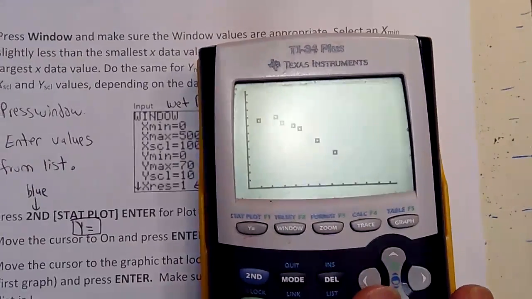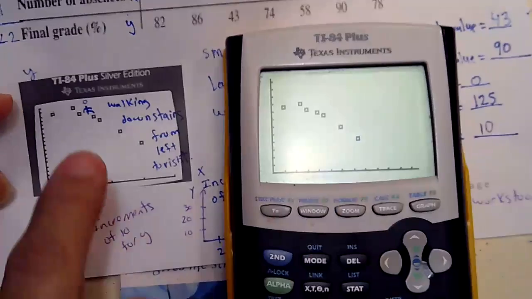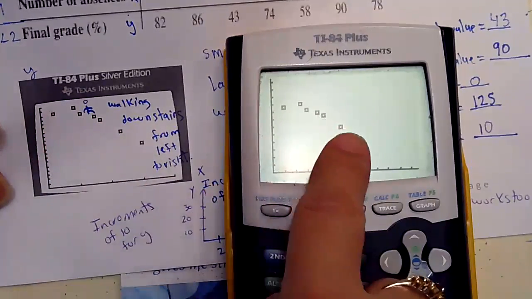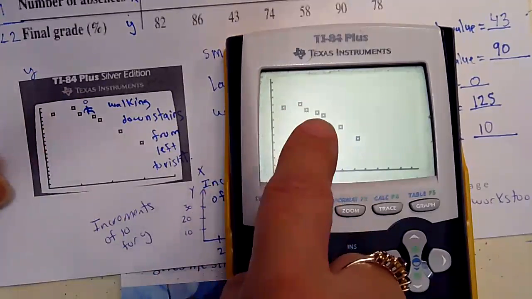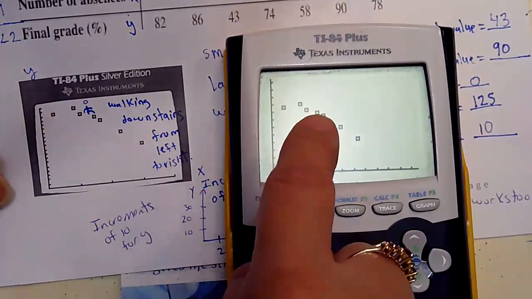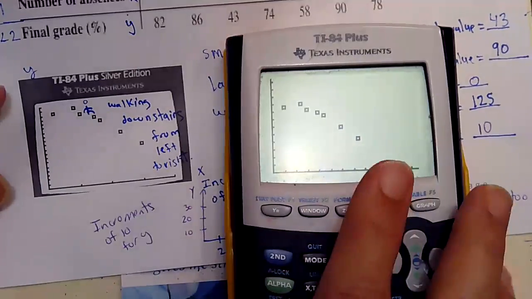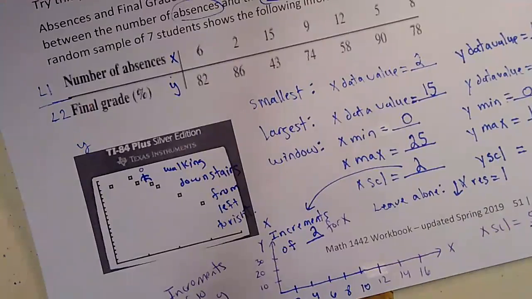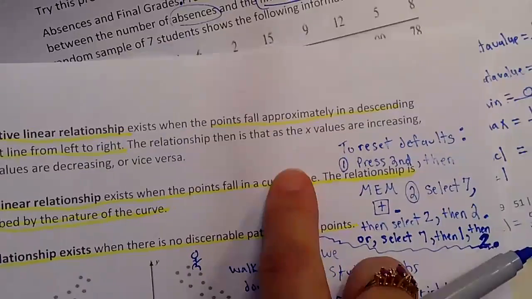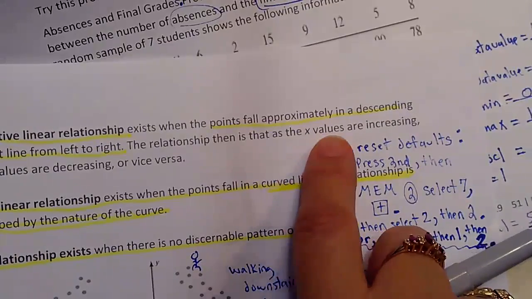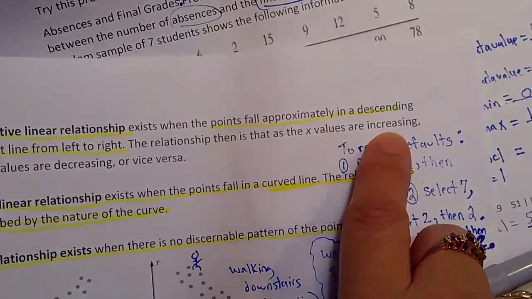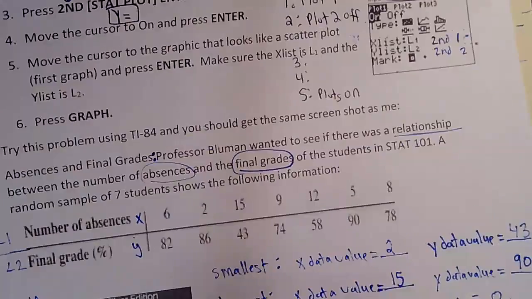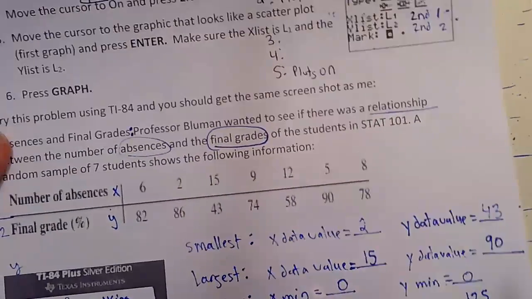And it does look similar to this one. Okay, so this is a negative relationship. You see, it's like walking downstairs from left to right. So I'm going to write it up now. When I write it up, I'm going to say, as the x values are increasing, the y values are decreasing, but I'm going to put my subject in there. So for us, I'm going to say here that